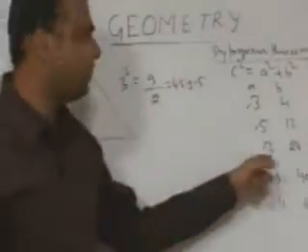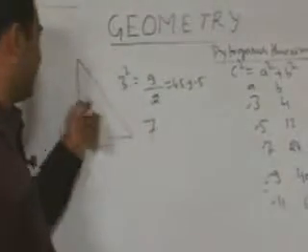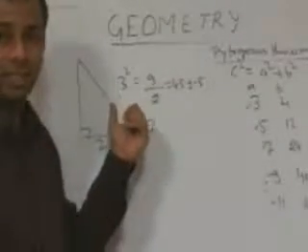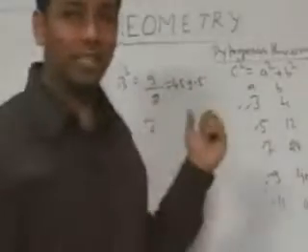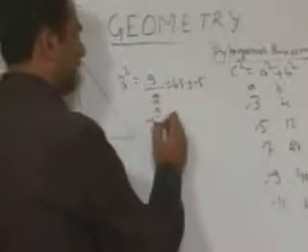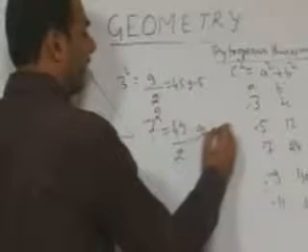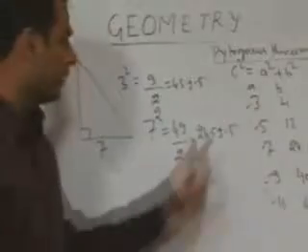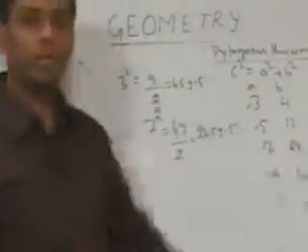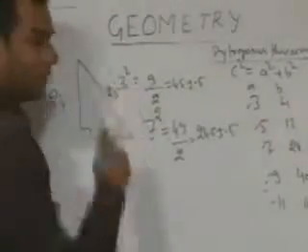Similarly, if I need to find the triplet starting with 7, if one of the sides of this right angle triangle is 7, let's say, so the other two possible integral sides. Remember, I am saying that these are the possible integral sides. These are not the only sides, but these are possible integral sides. Straight away take 7 square, which is 49, divided by 2, which gives 24.5, and add and subtract 0.5. So 24.5 minus 0.5, you will get 24. 24.5 plus 0.5, you will get 25. So straight away, if one of the sides is 7, we can say that this side is 24 and this side is 25.